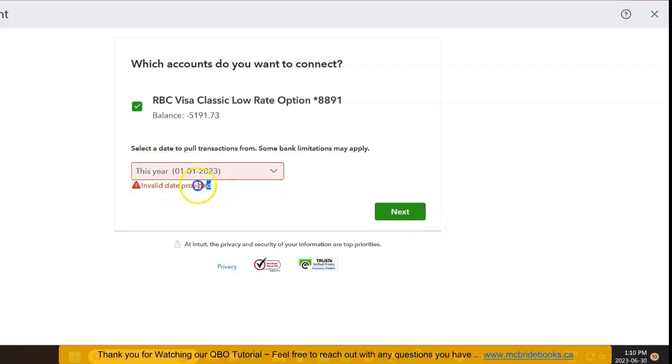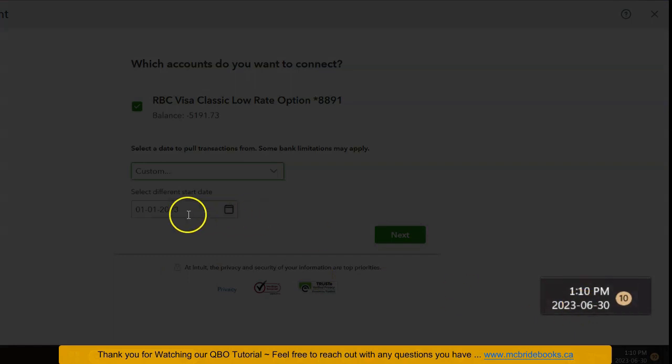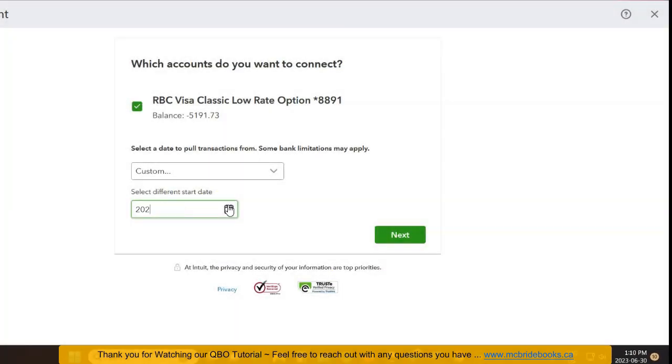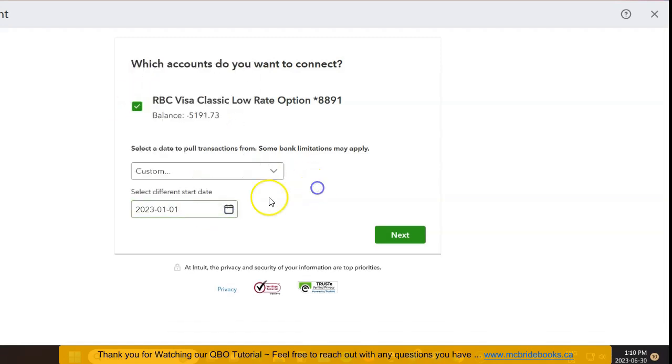Now, this got me for a while. Sometimes some visas and credit cards can only pull in 90 days, and this is about 180 days. I thought that's what it was, but actually it's not. On my computer, my date is currently set to year, month, day. So if I switch it around here manually to year, month, day, which is not an option in it, and